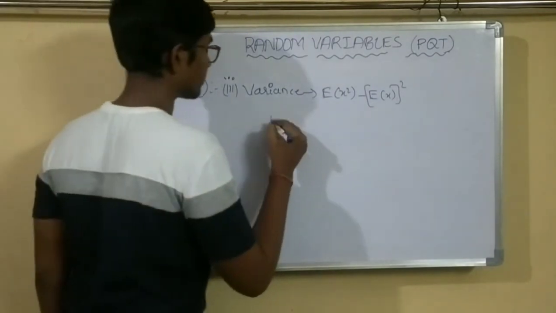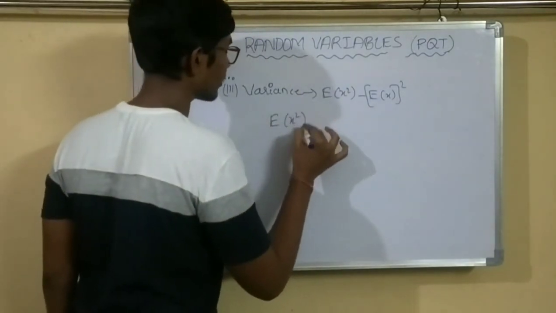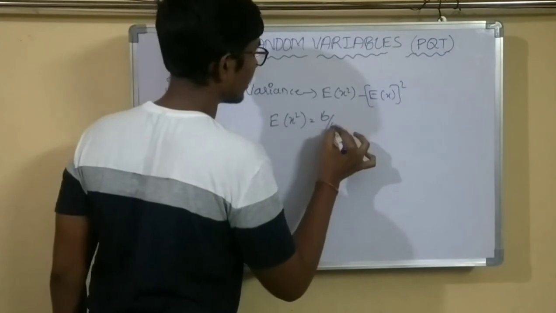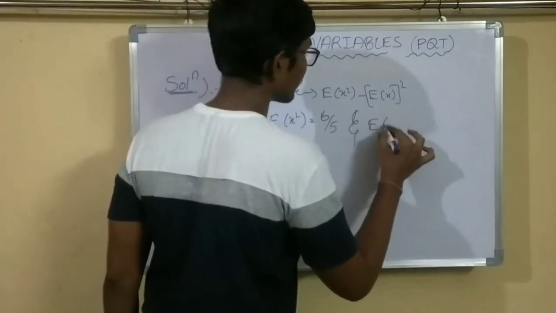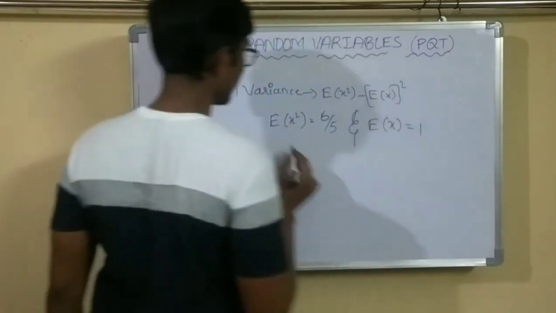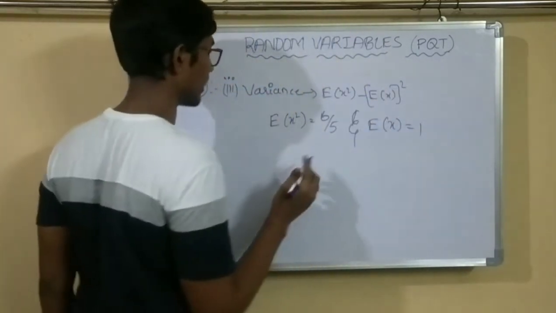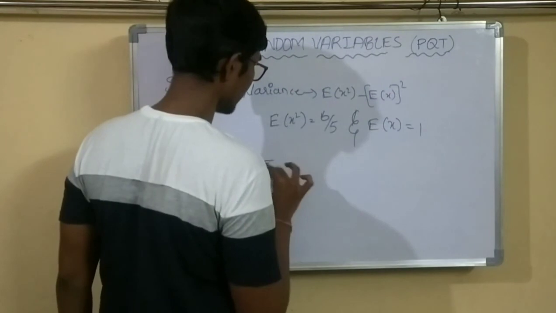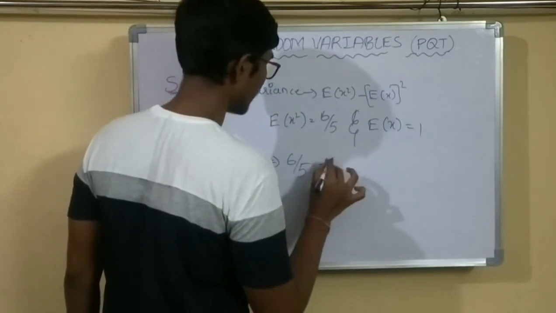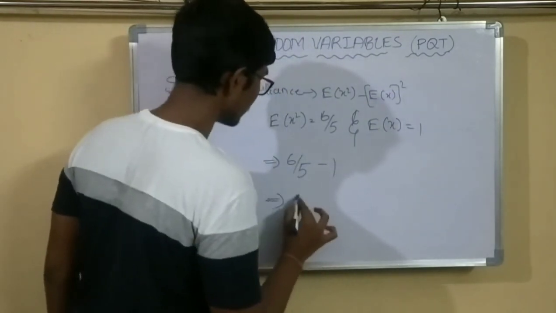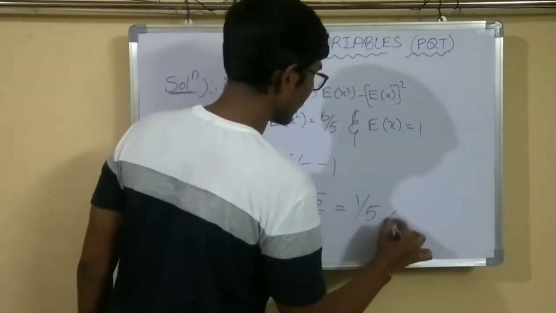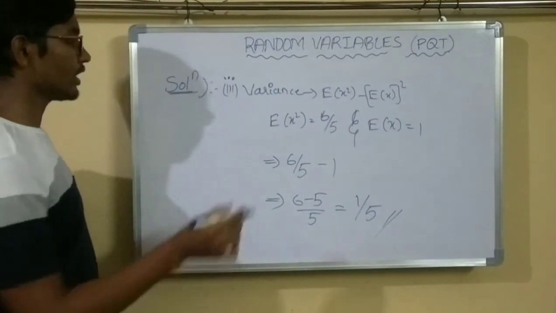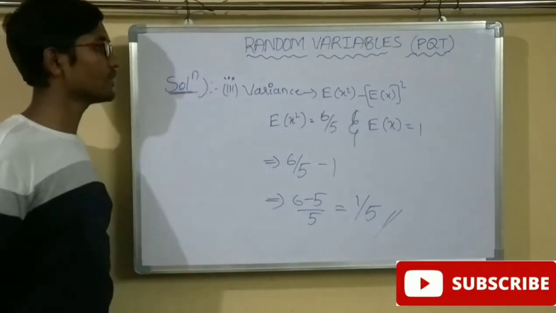Now the expectation of x square value that we have got is 6 by 5, and the value of expectation of x that we have got is 1. Now I am going to substitute these values in the formula simply. So it is 6 by 5 minus 1. So it is 6 minus 5 by 5, which is 1 by 5. We have got the variance value for the continuous distribution,